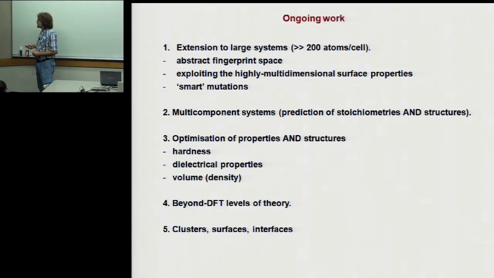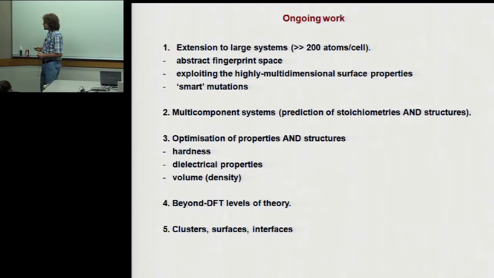We also use some abstract fingerprint space that gives us a matrix that helps us to distinguish different structures and speeds up the calculations. Another direction is multi-component systems, where we can predict both stoichiometry and structure. Artem showed you the results of Lennard-Jones calculation, and we can simultaneously predict a convex hull. And it's also very important because it saves you a lot of time. You don't have to check every possible composition. And sometimes you don't even try to check some compositions that surprisingly are stable, like this A14B.